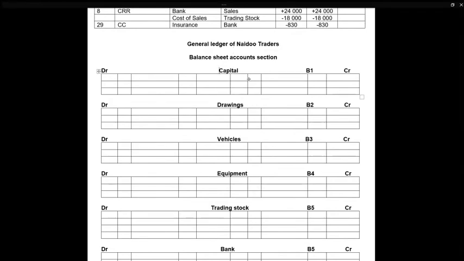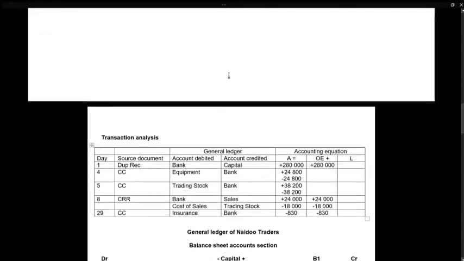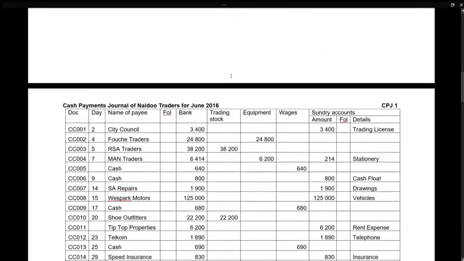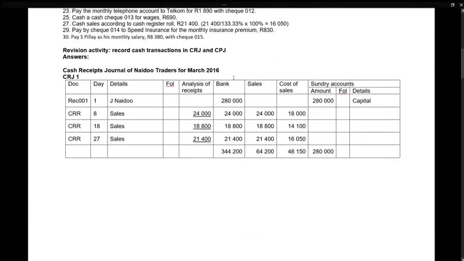Now remember, the capital account is classified as an owner's equity account, and this will have a positive influence on owner's equity. By definition, capital is money that we receive from the owner, so we can go straight to the cash receipts journal. We don't even have to look at the cash payment journal, and there I found it in our sundry accounts. Capital